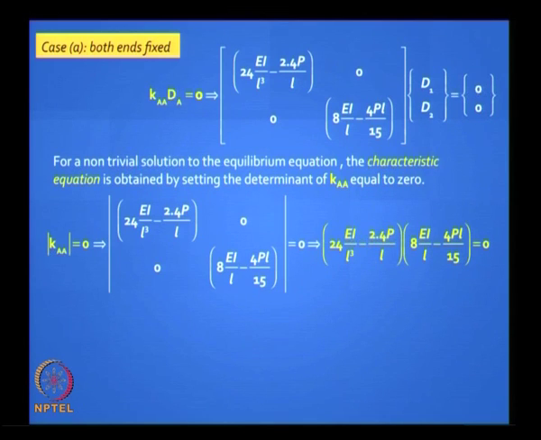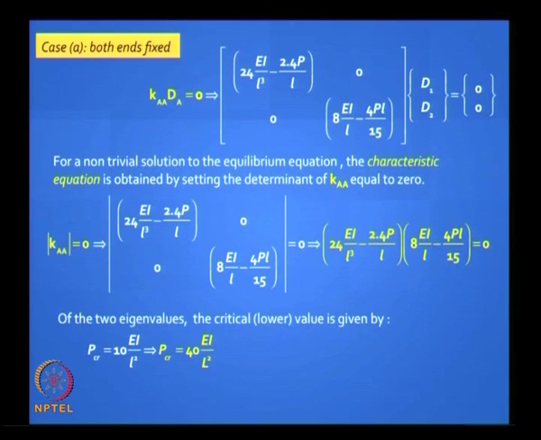It is a 2 by 2 matrix, so you have 2 solutions. What are those solutions called? They are called eigenvalues, and we are really interested in the lower of the 2 because buckling will take place at the lower load, right. So you can solve that equation and pick up the lower value, and you have got an answer,